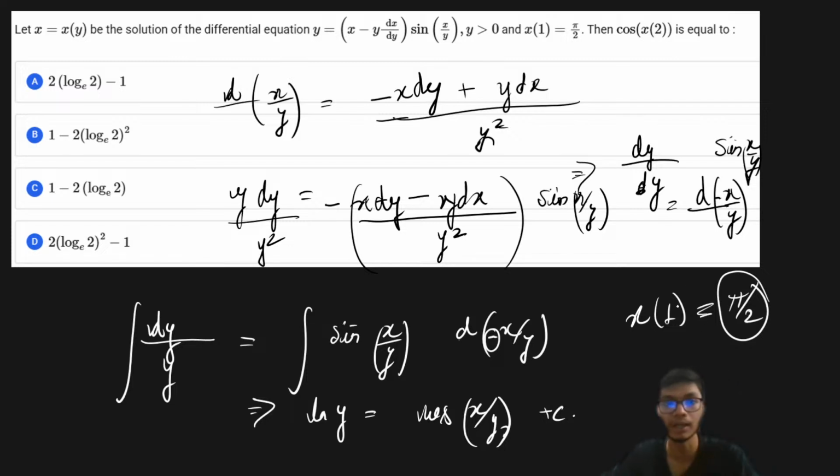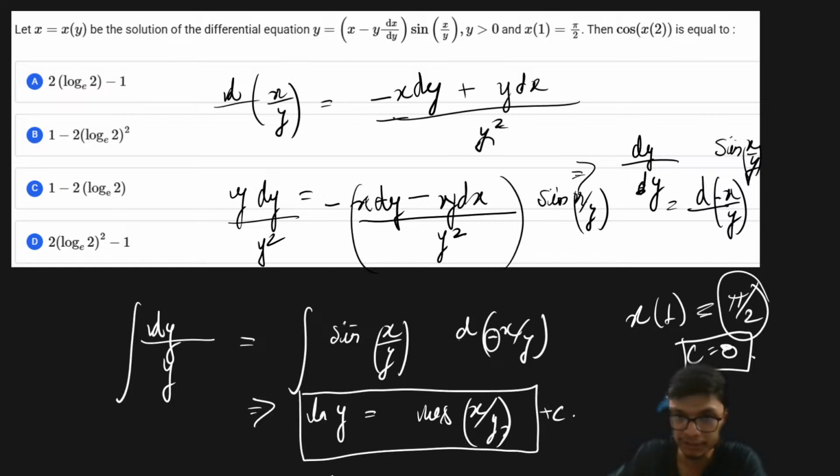So we basically have to find out the solution, where x is equal to x of y. If you put the value of y equal to 1, I'm getting the value of x as pi by 2. So I'm just going to do the same thing over here, and ultimately I will see that the value of the constant is going to come out as 0. Now, once you get this functional form where the constant is 0, this is our solution of the differential equation.